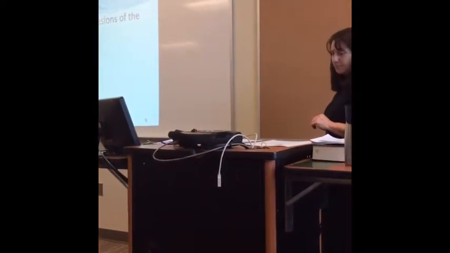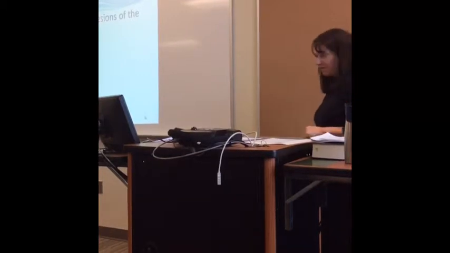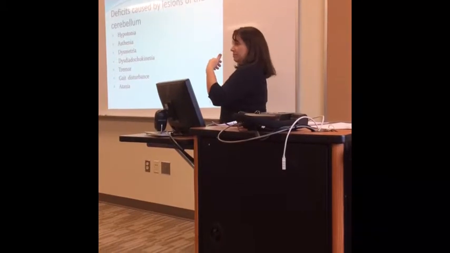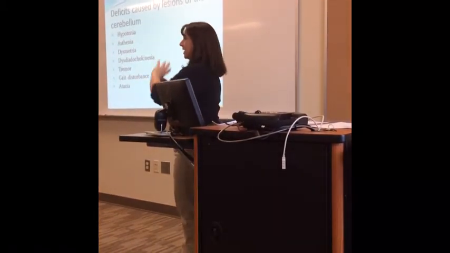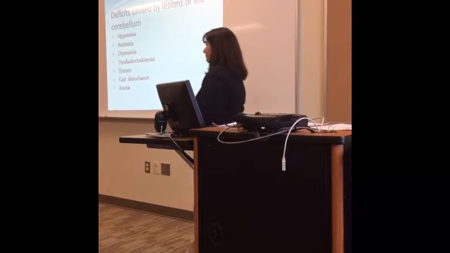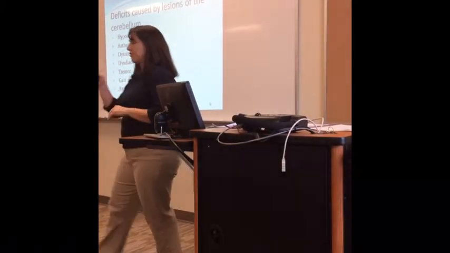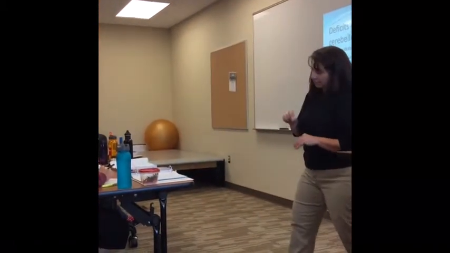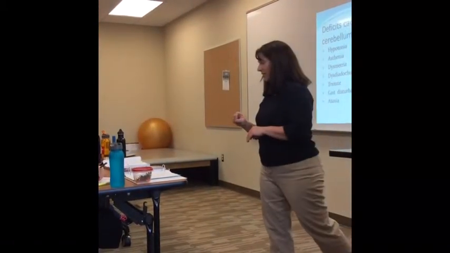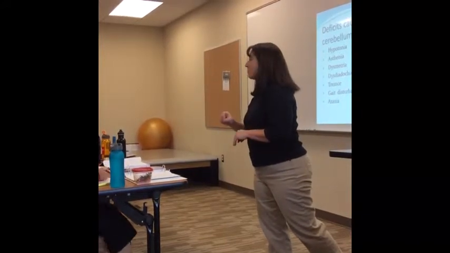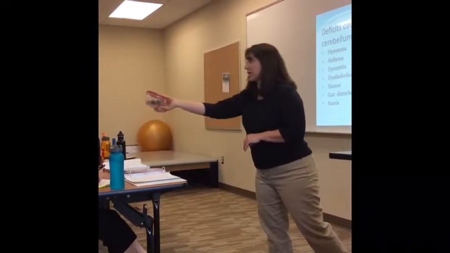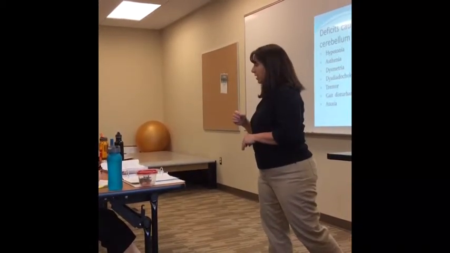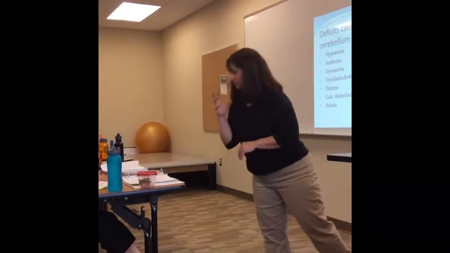Dysmetria is a deficit of getting whatever body part you're using to where you intended it to go. So dysmetria would be me reaching out to grab this container of strawberries that have already been eaten, so what's the point? Why would I want to eat this? So with dysmetria, I would reach out and pick it up if that was everything I wanted to do. And with dysmetria, what you're getting is, oh,